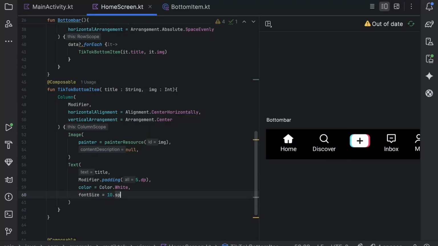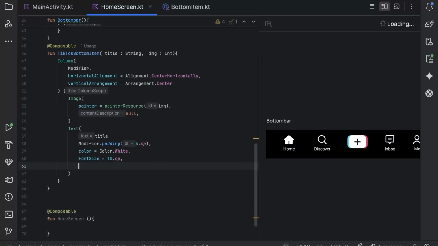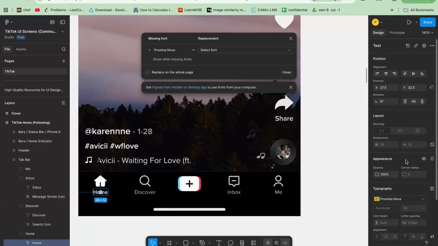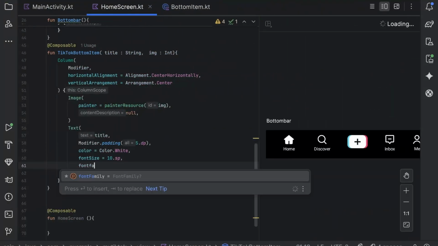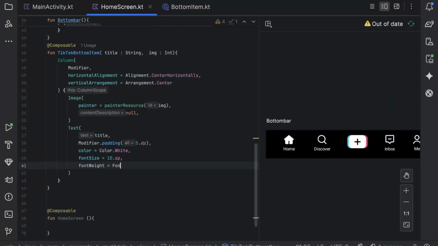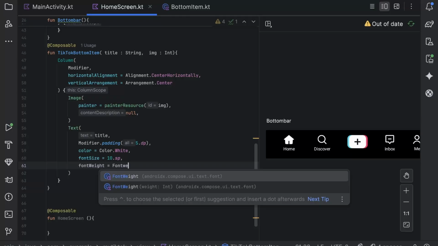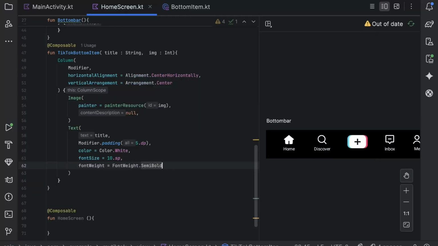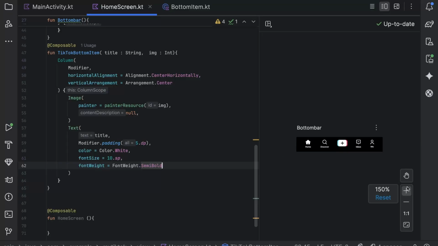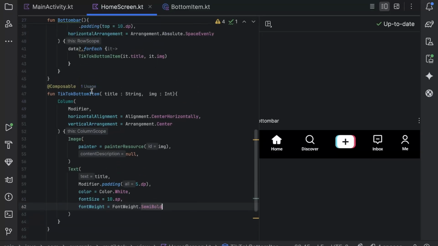All the text size should be in sp, and you can see here, right, 10 semibold. Font weight, not semibold. It's now looking better. Our bottom bar is completely ready. We can integrate this